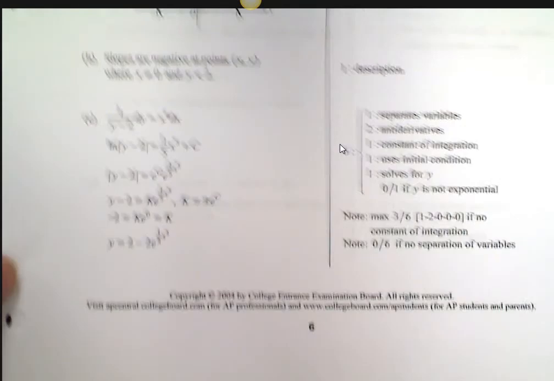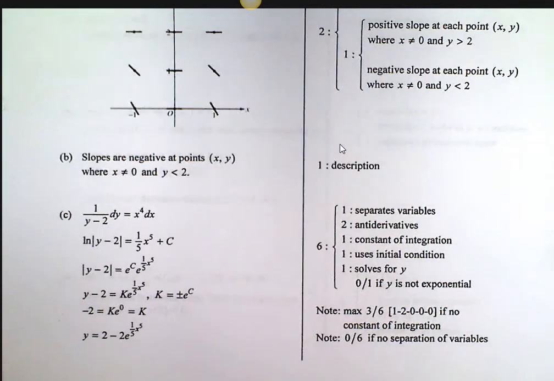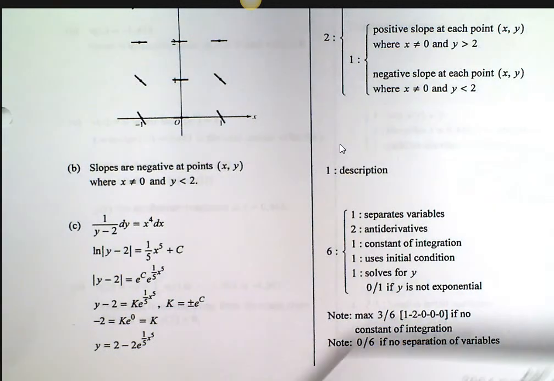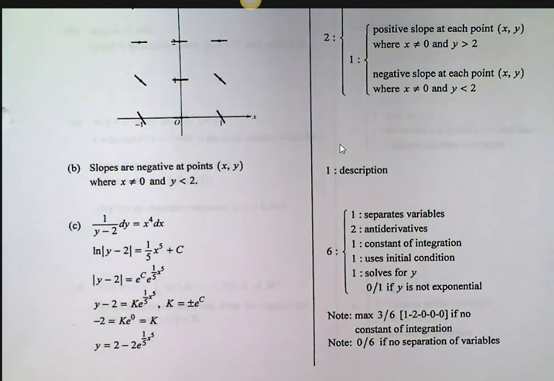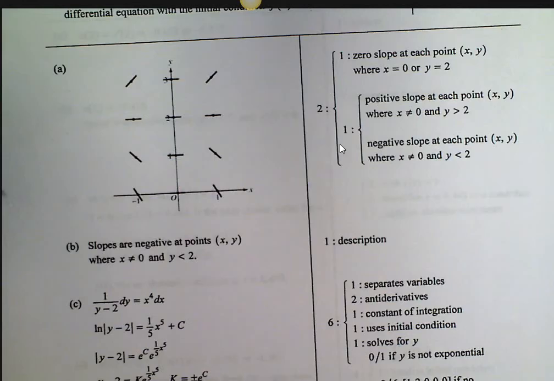All right, so cool. Golly, running on time. Question 5. Question 5 we should have rocked the house on, because we just did differential equations. All right? So, oh my gosh, look at this. You could practically pass the AP exam just by doing this question. This is worth 6 points right here. I got 1. What? Okay? All right, so take a look at A. I got 2.